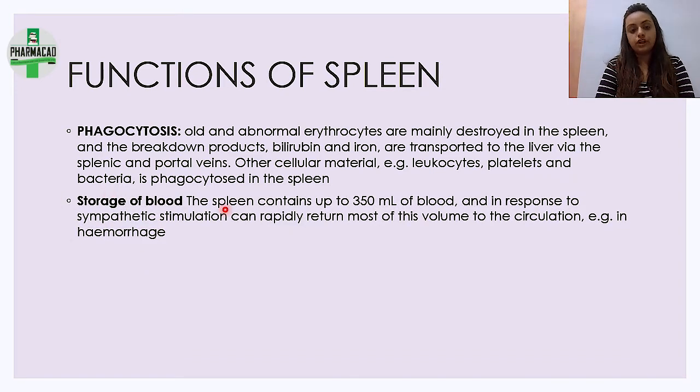Second is storage of blood. जो हमने red pulp देखा वहाँ पे there was a good amount of stuffed blood, right? And they also have sinusoids. Sinusoids are like structures जहाँ पे तुम store कर सकते हो. It has around 350 ml of blood stored in it. कि body को कभी भी emergency हुआ ना तो spleen देता है blood, भाई ले, जल्दी से ले, circulation में problem नहीं होना चाहिए, correct?